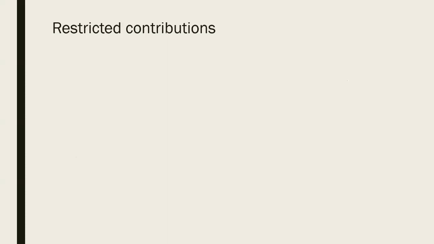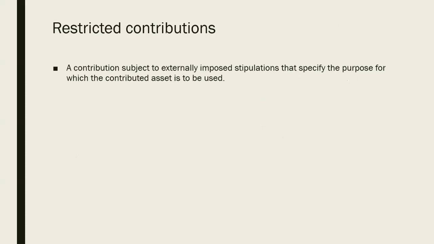First off, with restricted contributions, it's a contribution that is subject to externally imposed stipulations. So when we speak of restricted contributions, the restriction must be externally imposed, okay? Must be imposed by the donor or the government. Stipulations that specify the purpose for which the contributed asset, could be cash or in kind, is to be used. So an example of that might be contributions for a specific program that is run or operated by the not-for-profit